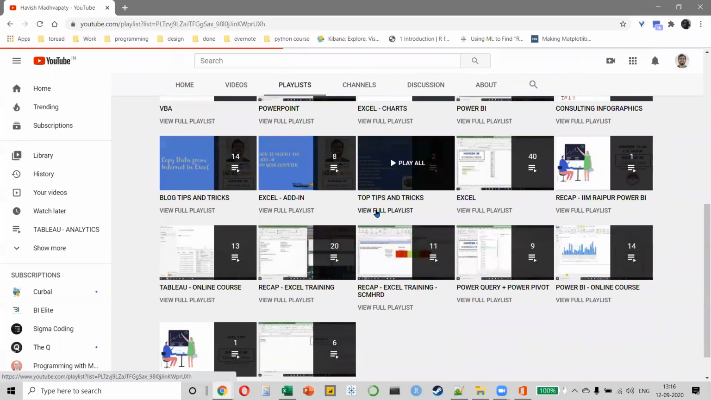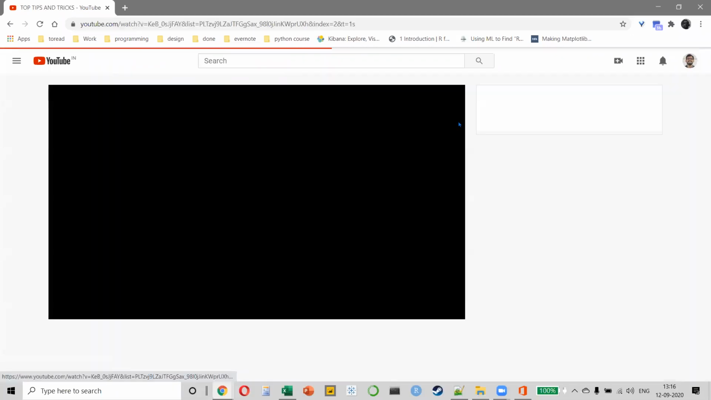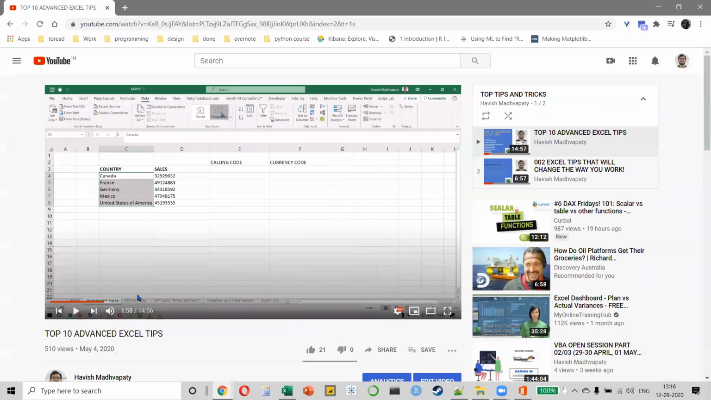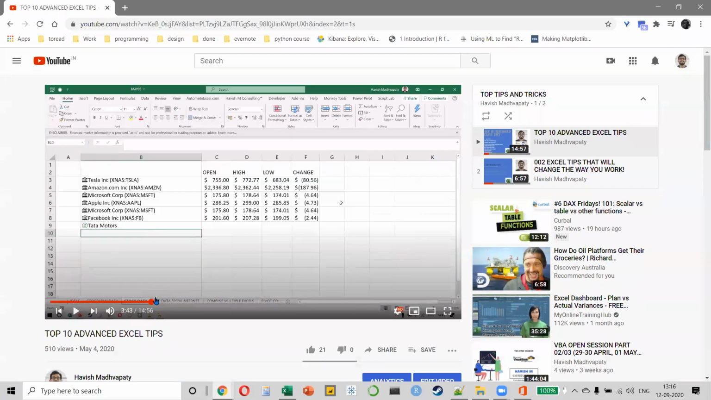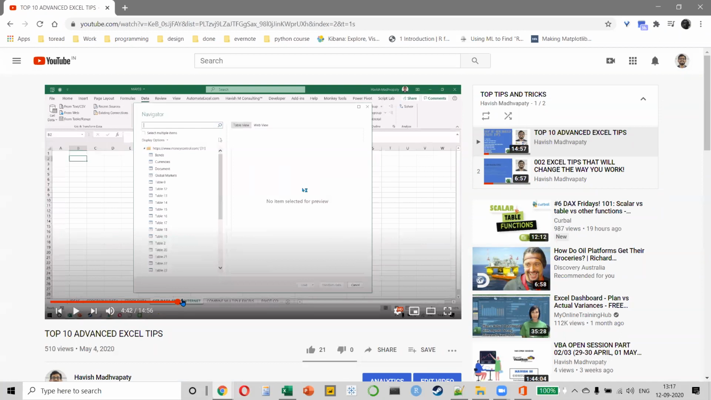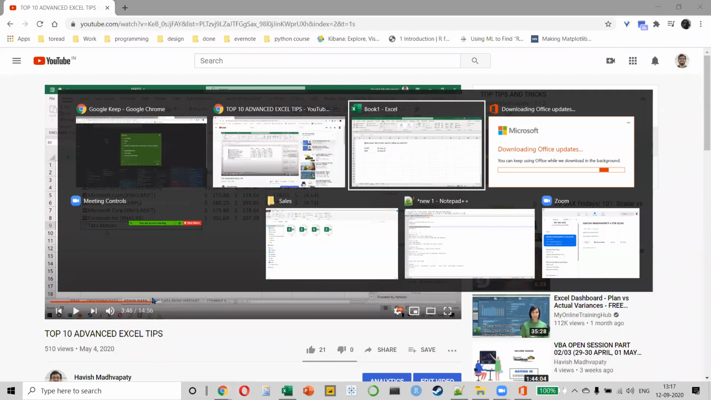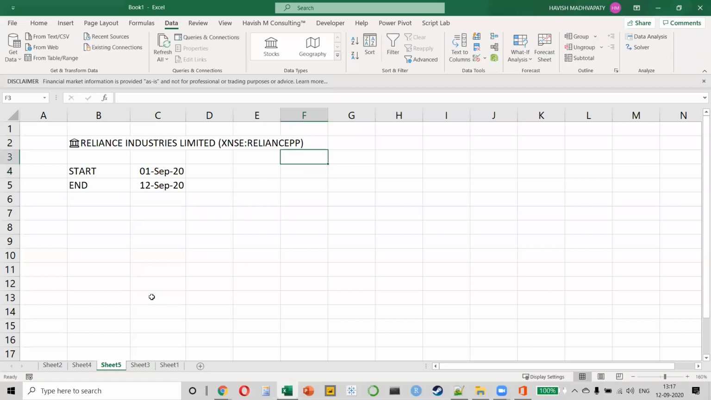So let's see. Pivot table, calculations, get data from the internet, financial and stock data. Let's quickly see this. Anyway, मैं आपको ऐसे दिखा देता हूँ for now. So I can at least write equal to